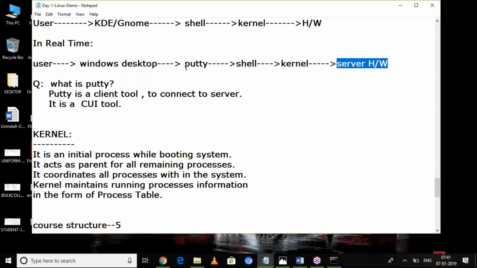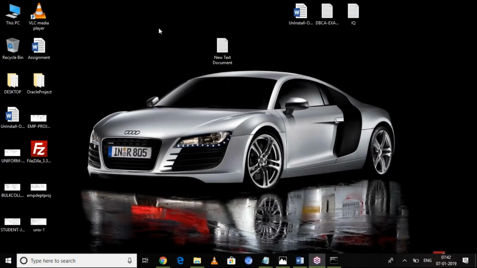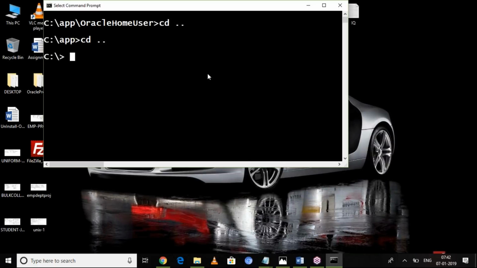Okay, so once it was connected through Putty, how will the environment look? See, let us assume this is GUI Linux, right? If I connected to the server through Putty, see, Putty is a small window. Let us assume here I submitted the IP address, username, password, and selected connect.